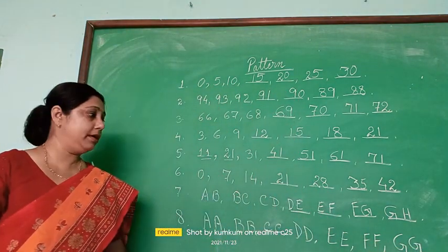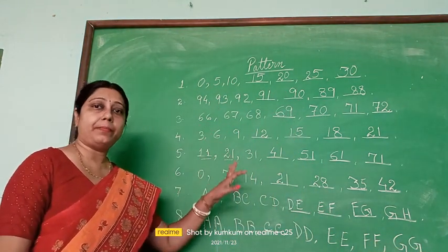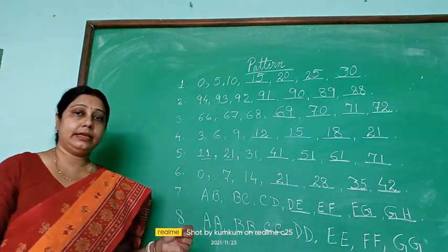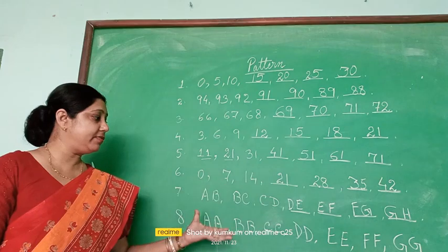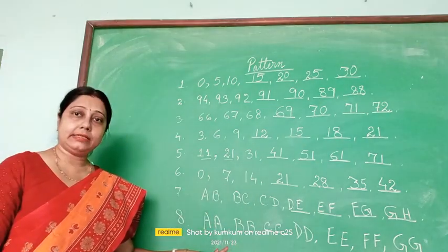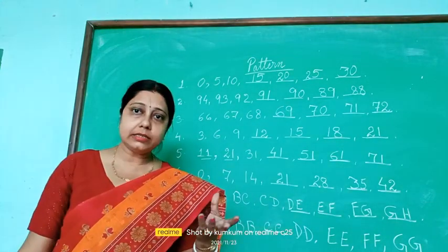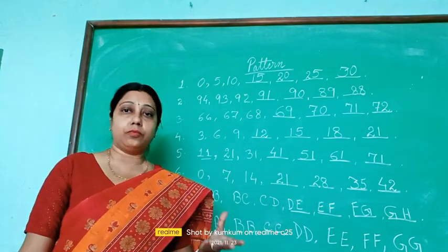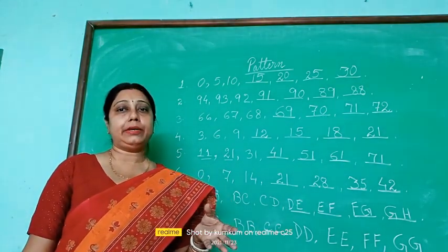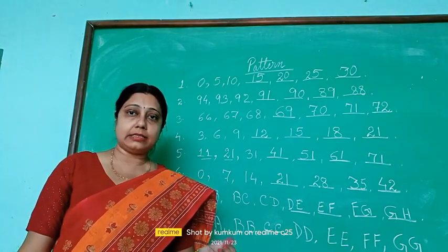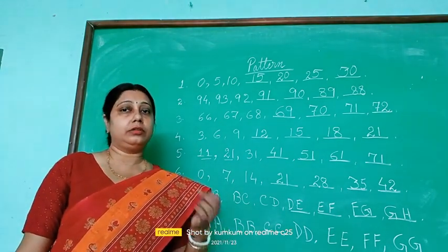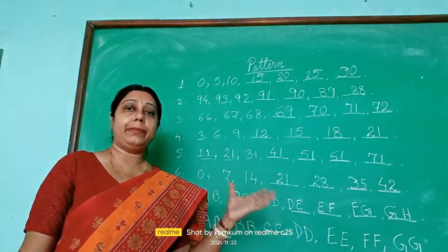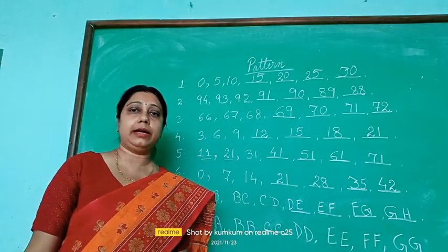So from here we have seen varieties of patterns in the numbers especially and the alphabets. In next class or in next video I will show you patterns which can be done with the figures, which can be done with the alphabets or in the form of small letters or capital letters or the lines. We can draw the shapes. With the shapes also pattern can be framed. So we will practice those types of questions in my next video.